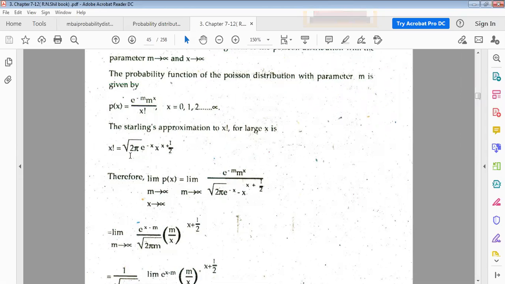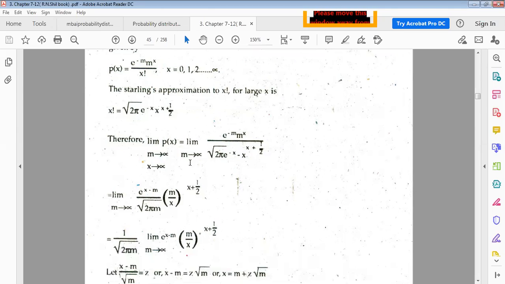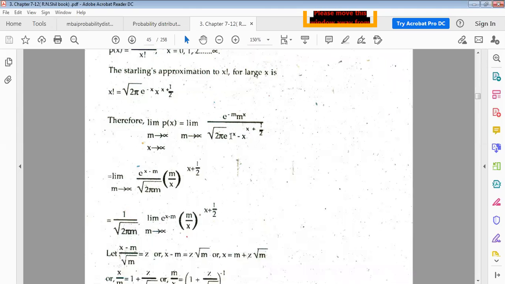Okay, x factorial equals what? By the Stirling approximation, it is the square root of twice pi, e to the power minus x, and x to the power x plus half. Just putting in the x factorial value. Remember this limit, m tends to infinity and x also tends to infinity. This can be written as the limit as m tends to infinity of e to the power